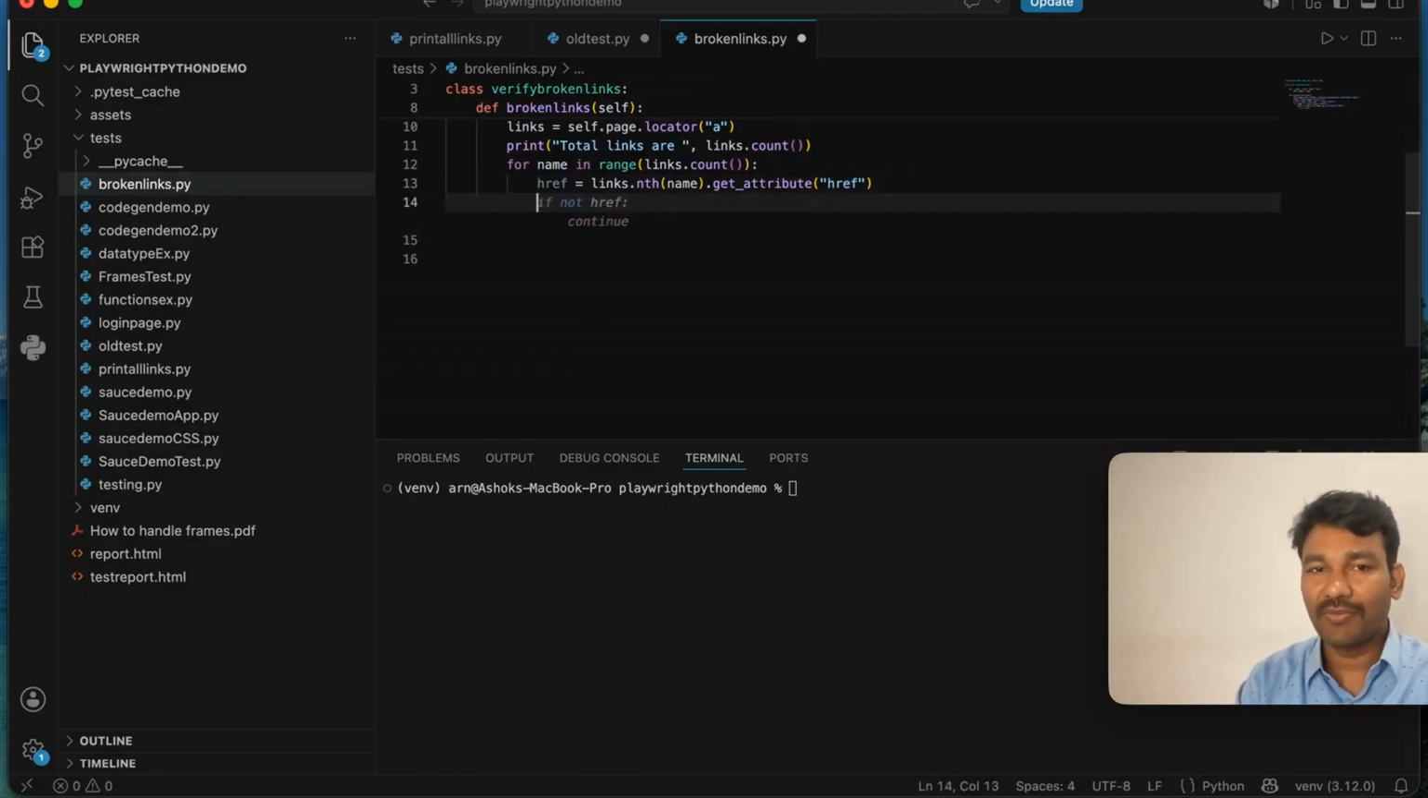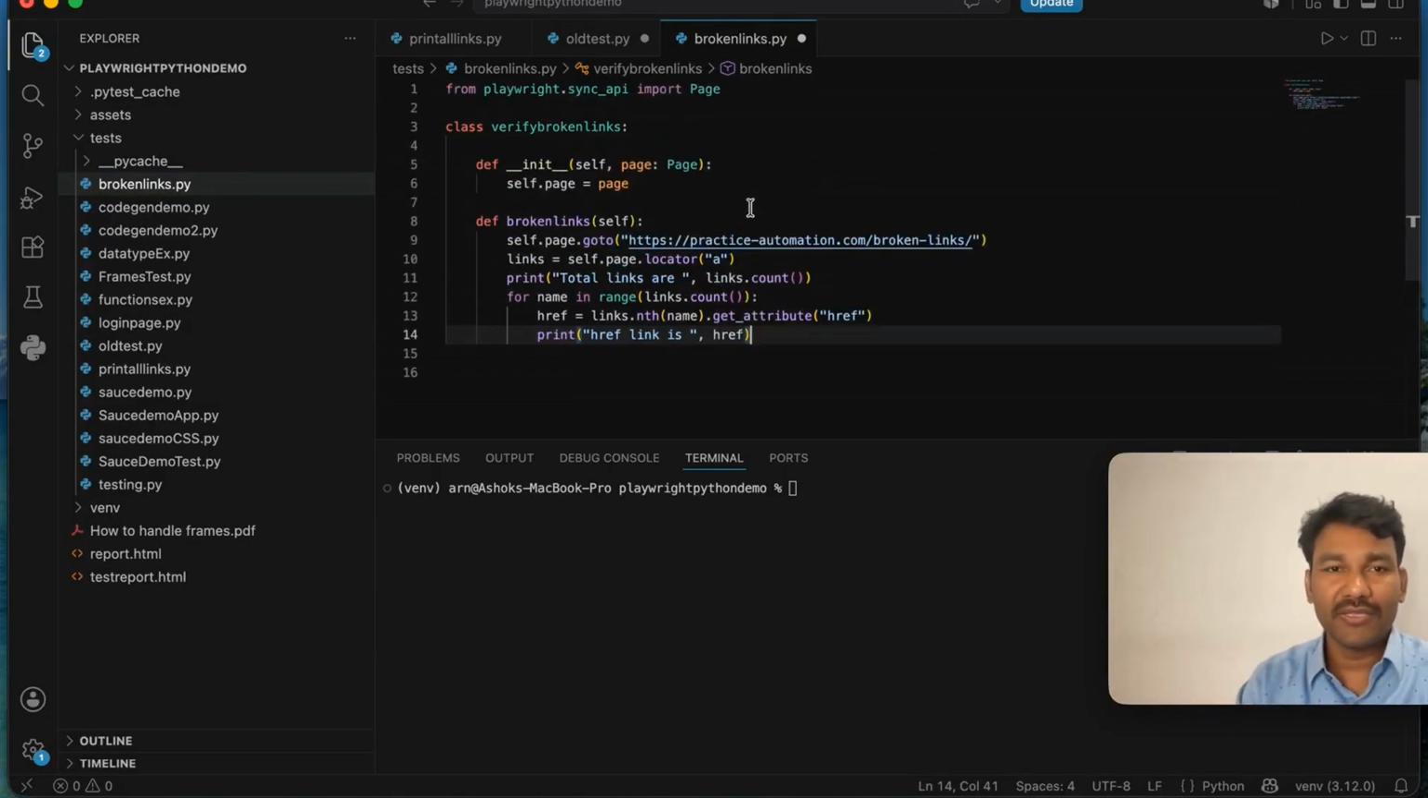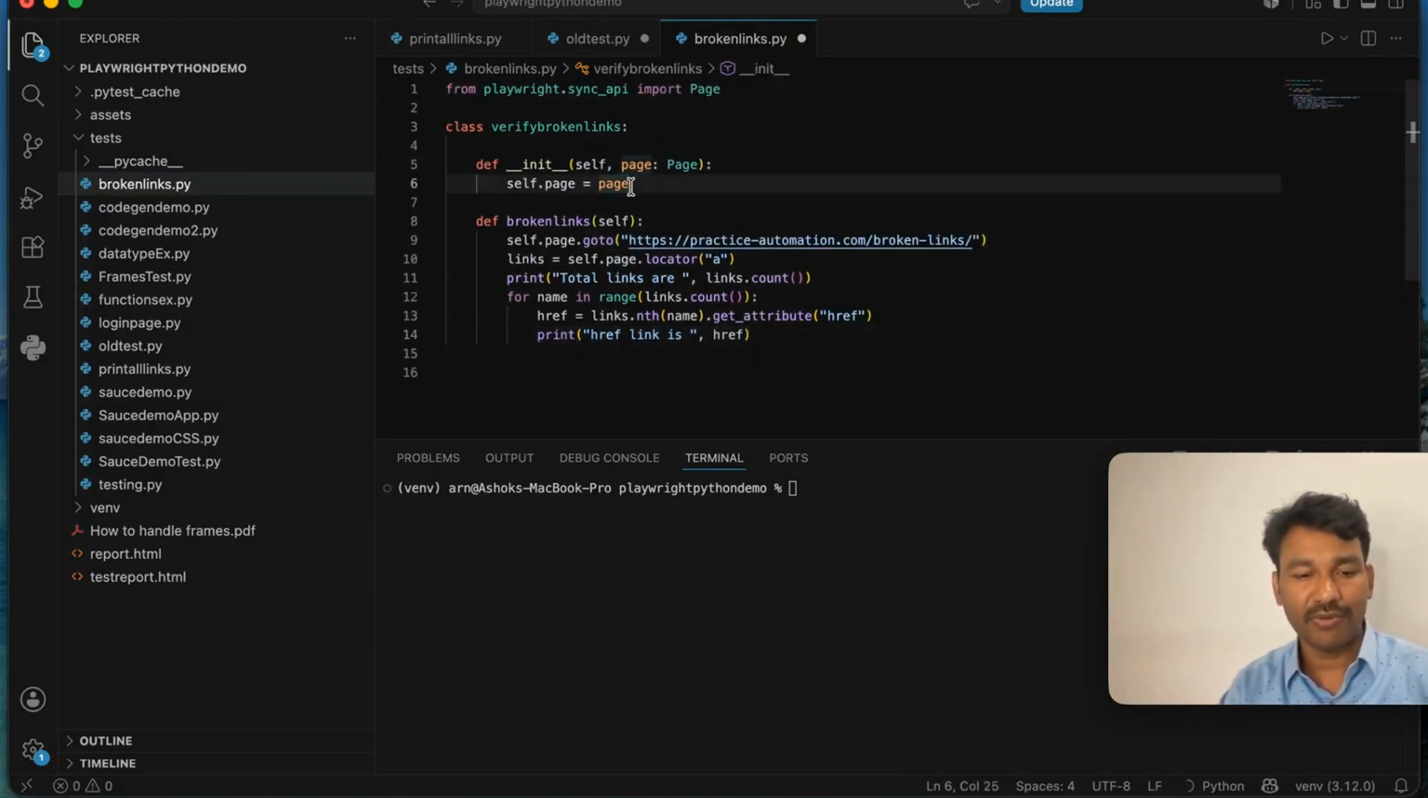And after that, what's our plan? My plan is to print that href. So print href link is. And run it, we will see whether it is working or not. So if you want to run it, how to run that? You have to create